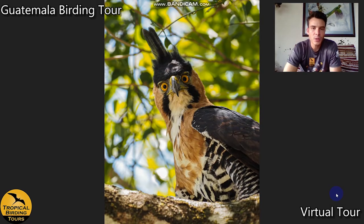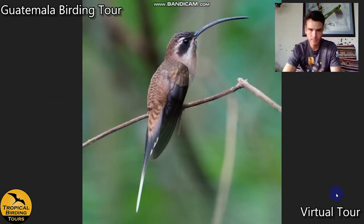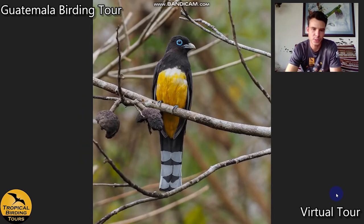Ornate hawk eagle, a really good place to see these wide range neotropical species, but it's a great bird that everybody wants to see. Barred forest falcon along with collared forest falcon are really common also. This is a hermit. This is a long-tailed hermit. The black-headed trogon